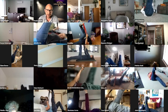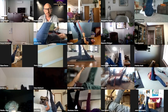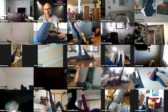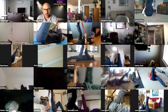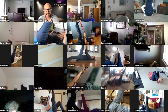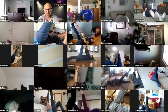Okay, here's what we're doing. Now we're doing functional range of motion. And if you want to switch to single band, if you think it's better, that's okay too, Ken. So what we're doing is we're taking the connective tissue to its end range, and the same thing is happening that happened with the active static. You're getting towards the end and your nervous system's going, we're as far as we like to go, and now we need to contract. So what you're doing is you're training your tissue to go to end range and be comfortable and create contraction and be able to sustain the end range position,